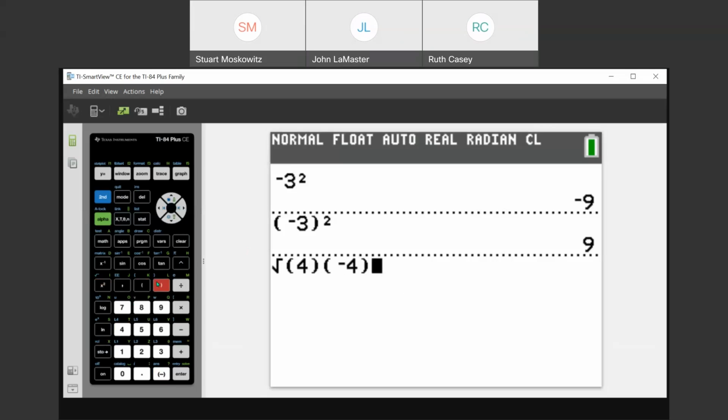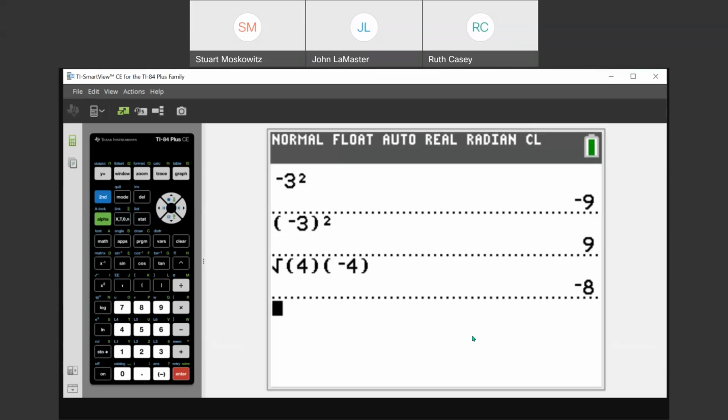And this is one reason why I don't like classic. What's this going to do? What should get priority? Order of operations is in some ways arbitrary. So what did the programmers decide? Go back to older calculators, and you might be surprised to see the answer. When I press enter, we get what we would hope. Yes, absolutely, Sharon, that's a -8. Square root of 4 times -4. But on older models of calculators, this would have given me an error, a domain error,